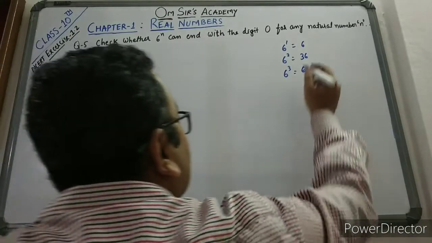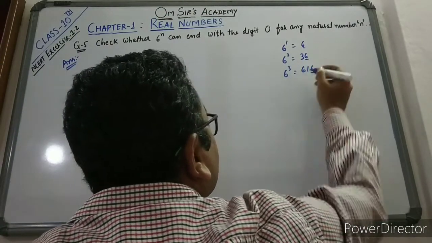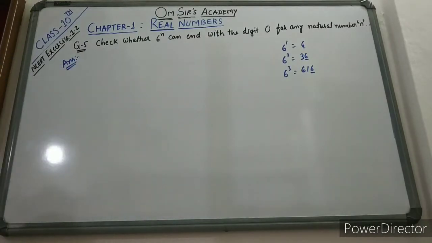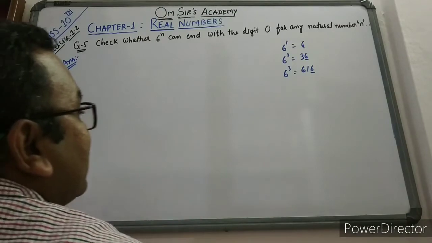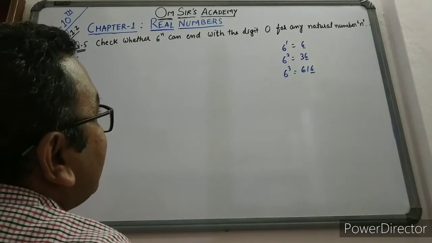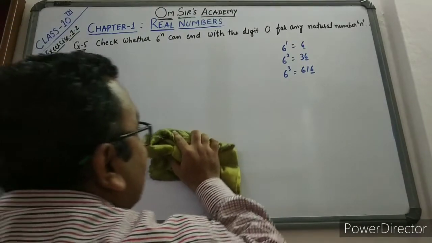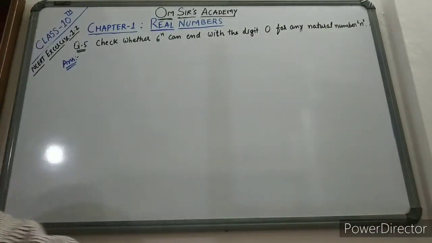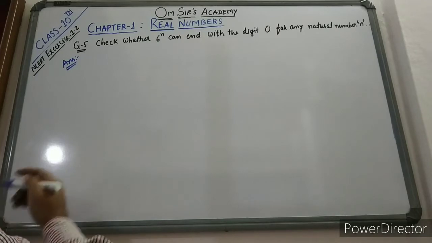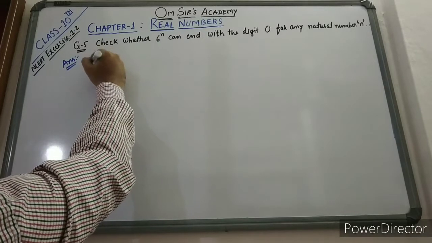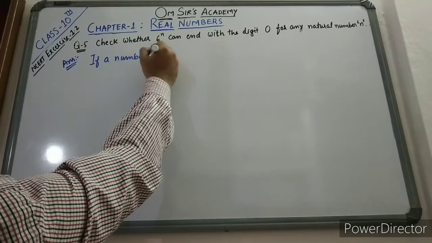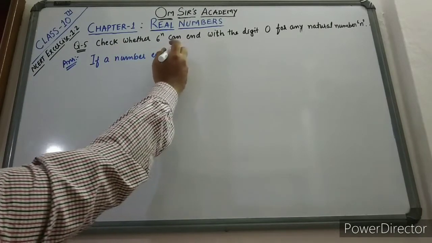What is the last digit in each case? 6. So from this only we can know that there cannot be any last digit 0 in this case. But we have to show it. So how will we show it? First what we will say is, if a number ends with a digit 0,